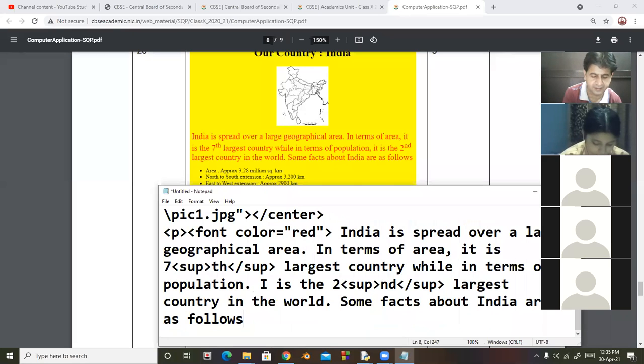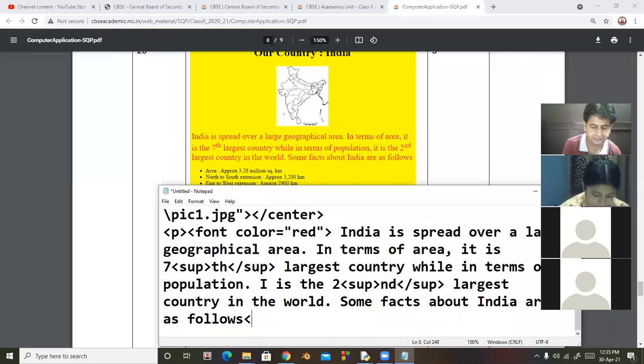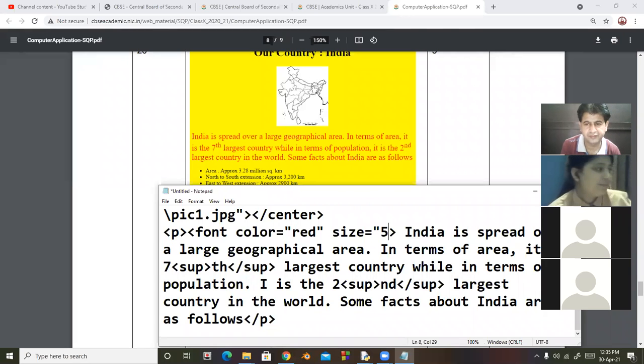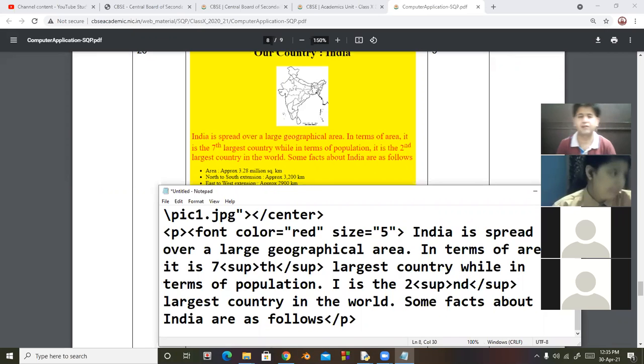Okay, because in this paragraph, text is a little bit larger than other text. So I am taking here size equal to 5 or 4. You can take according to your requirement.